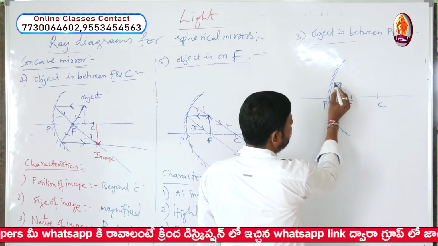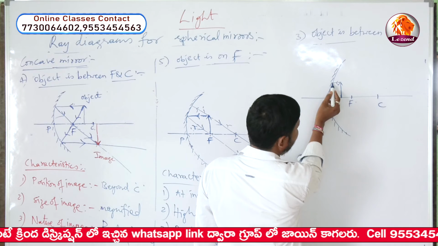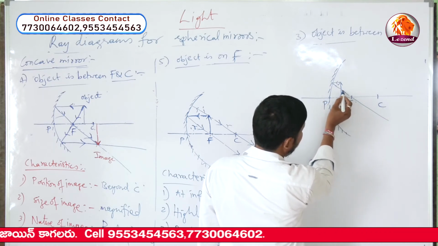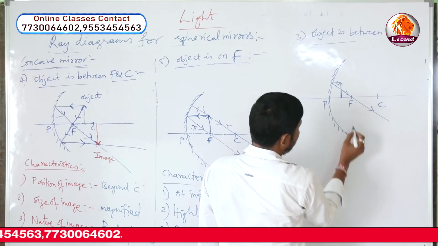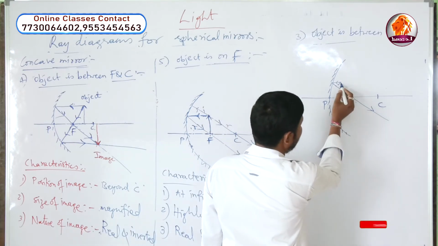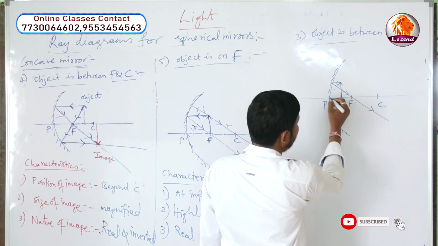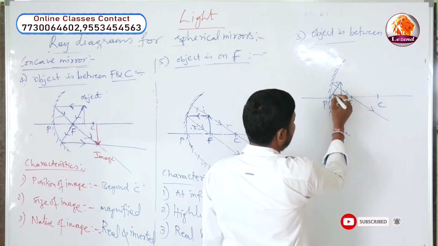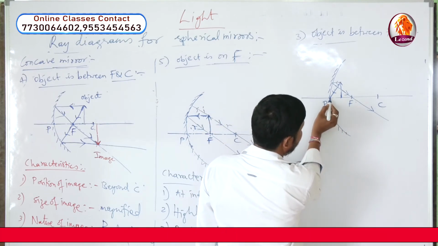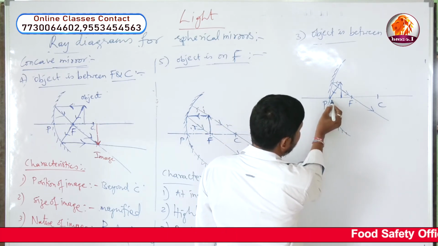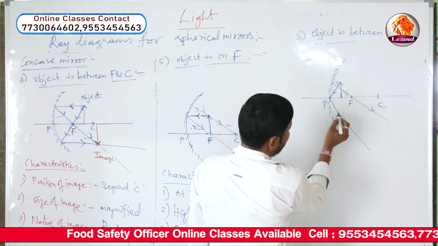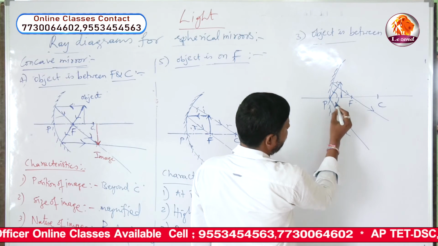One of the light rays is parallel to the principal axis, after reflection, which also travels through its focus. This is the reflected ray, first reflected ray. Another light ray we can take from the object. You can take a light ray coming from the object and incident at pole. This is first incident ray. Second incident ray, reflected ray will be this now. How much angle it is making, with the same angle it will be reflected.